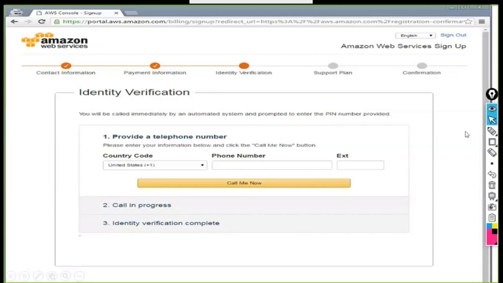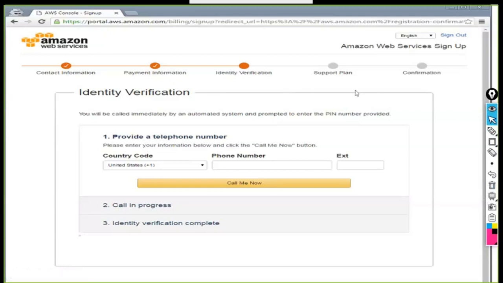One more thing I wanted to inform you is that at the time of giving the debit or credit card details, to confirm your card's existence, they will charge you 2 rupees in Indian currency. It will be debited at the time of submitting your registration, and within 24 hours the 2 rupees will get credited back. You can check your bank statement after 24 hours, and 2 rupees is not a big cost.